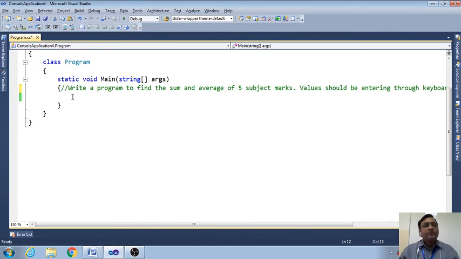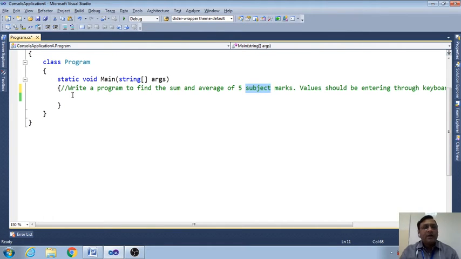For this we need to declare 7 variables: 5 for the courses, subject 1, subject 2, subject 3, subject 4, subject 5, 1 for the sum and 1 for the average. So the total number of variables will be 7.